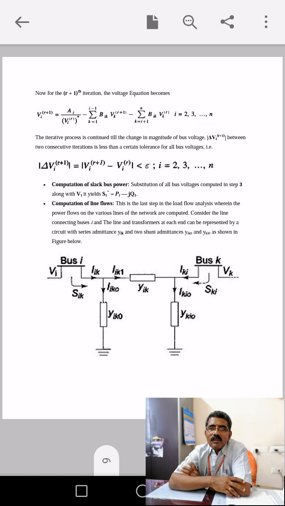Suppose bus 1, bus 2, or bus 2, bus 3, whether power flows from 1 to 2 or 2 to 3, such things you can calculate, and they are called power flow marking. So from a particular bus, whether it flows in or out, that can be evaluated. It is simple, of course, normally you need not expect it in an examination, but you can just go through the procedure.